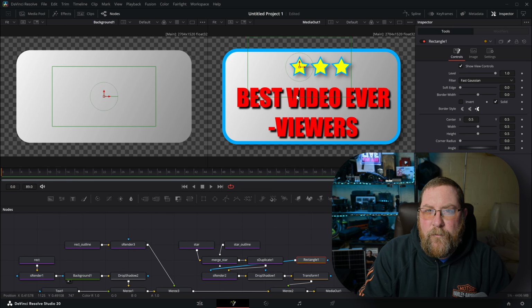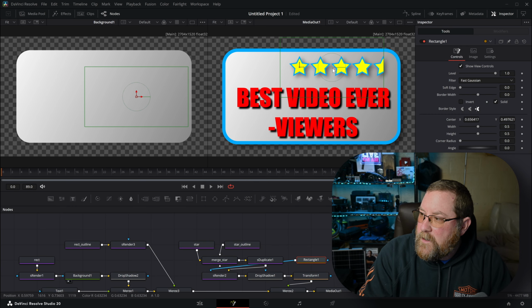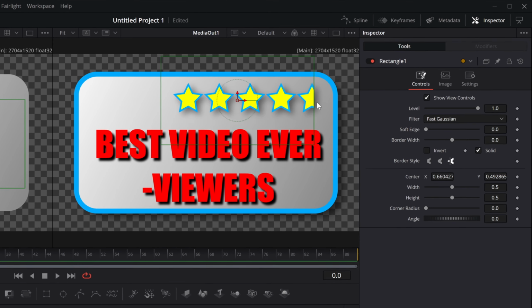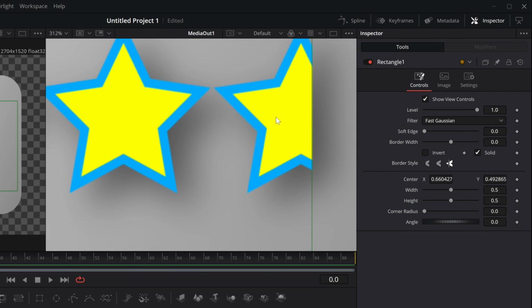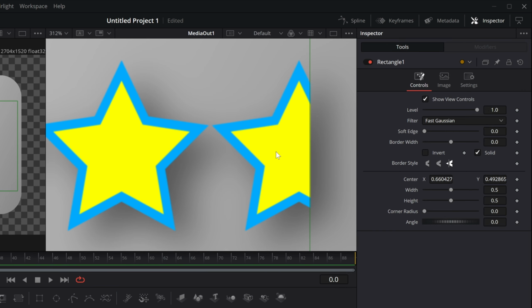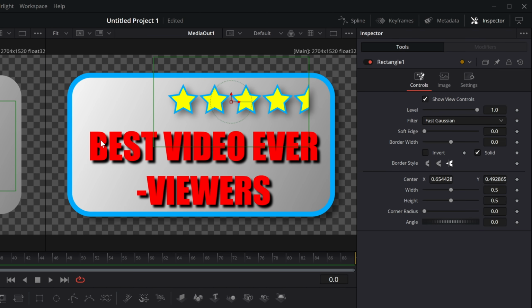It's not good enough. We want it 4.5 stars. So I'm going to grab the handles because I have rectangle 1 selected, and I'm going to drag it over until just 4.5 stars are visible. Now, if I Control mouse wheel to zoom in, you can see that this is way off, right? Well, we can drag on our center, but it's not really fine control until you hold the Control key on your keyboard. So I'm going to hold Control and drag over until it's just about perfect, and then let go. And then when I fit this back, we now have a 4.5 star